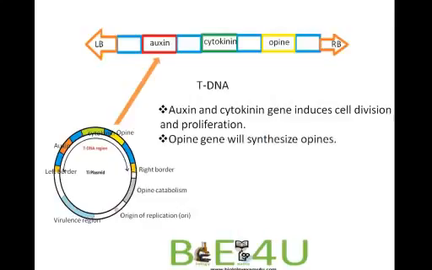Then the opine gene will synthesize opines, which are not at all needed by the plant. It is just the nutrient that is required for the bacterium. Then there are left border and right border repeats that are required for successful transfer. So the region between the left border and right border repeats, that is the transfer DNA region, is integrated into the